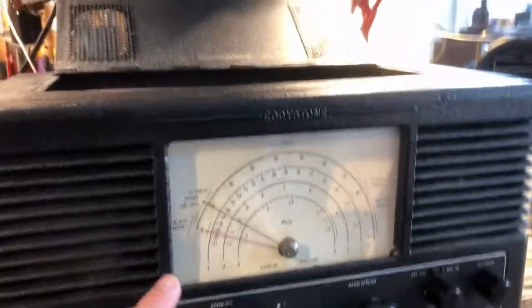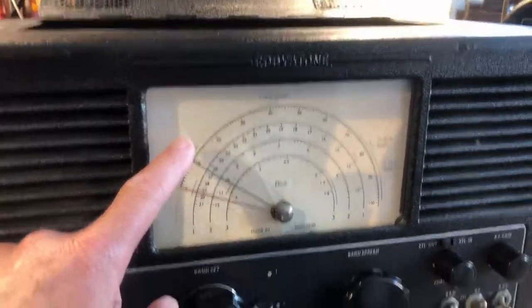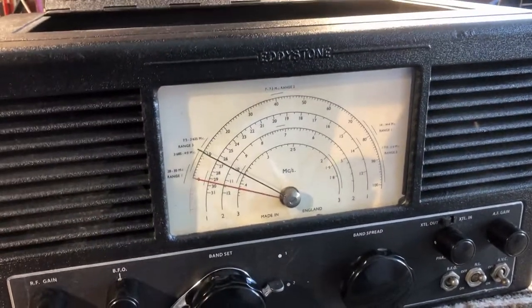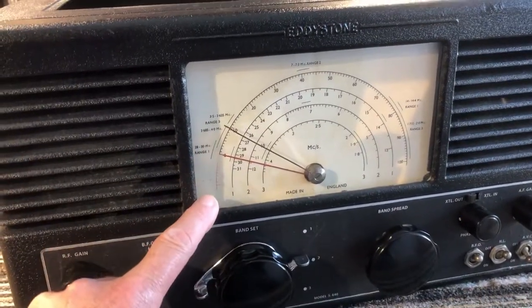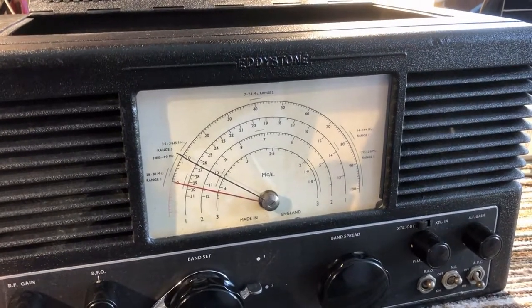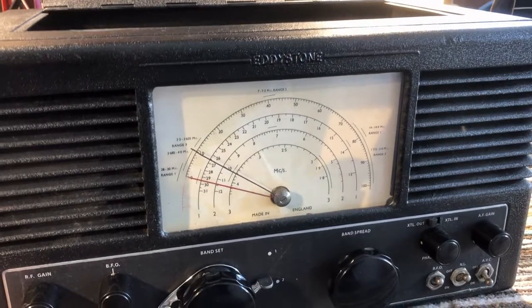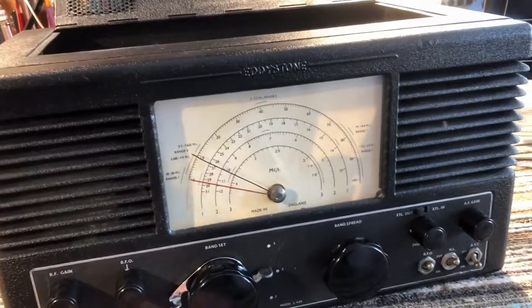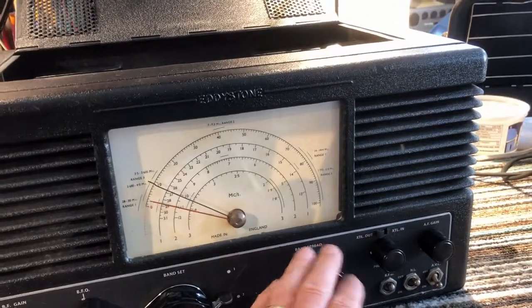Also, the dial on this set is kind of discoloured. I don't know if you can see it, but it's got brown stains on it, and this wouldn't clean off. And also, some of the red marking has faded badly. And again, I had an offer of a reproduction scale, which again I bought several years ago and never fitted. When I restored this set, I restrung the